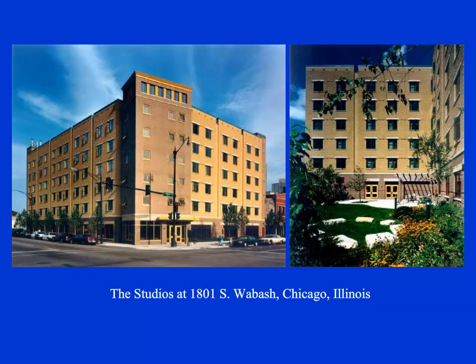In an L-shaped building, it's an urban area, and a tremendous amenity, an enormous landscaped open space on the site, makes this one of the most livable places in Chicago for people who are low income and wanting to live in studio apartments. With this, we end the case studies, and as you can see, we've gone all the way